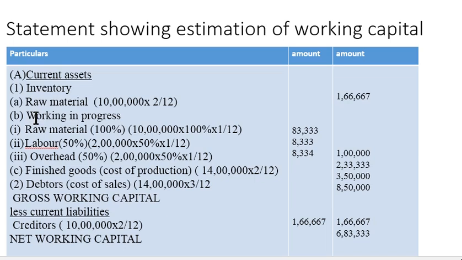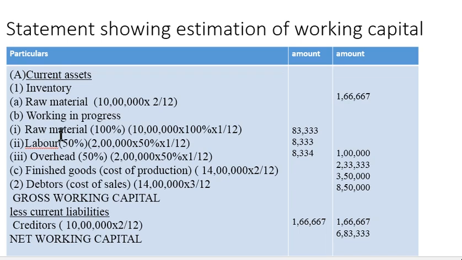Now under inventory, the first one is raw material, the second one is work in progress. Meaning of work in progress is work has been started but it is not completed, it is in process. Okay, so when it is in process there are 3 divisions: raw materials, labor and overhead. Now work in progress means how much completion, the percentage of completion may not be given in the problem. So what you have to assume is raw material 100% completed, labor 50% and overhead 50%. This is the assumption you have to make for all the problems when the work in progress is given.